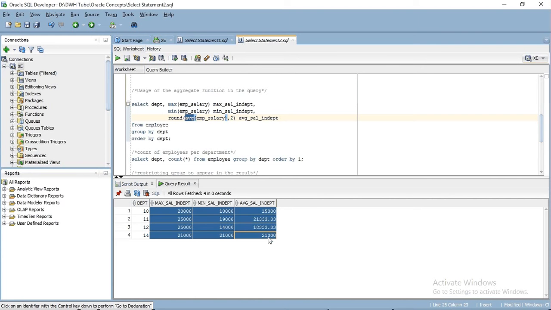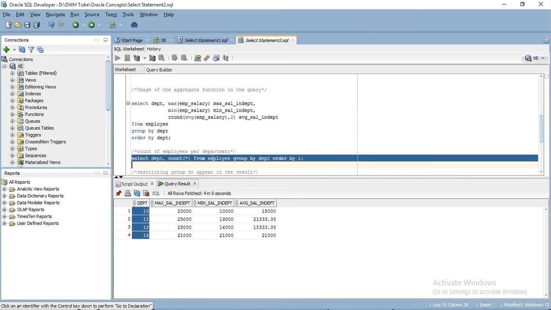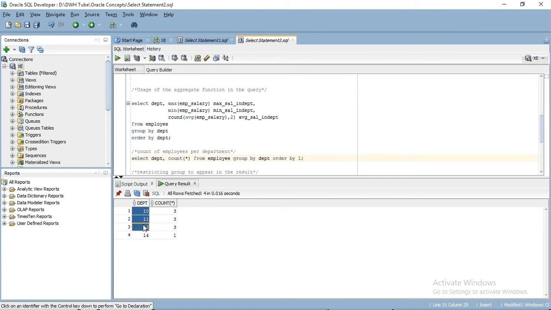Now I can also get the number of employees per department, and I can order them according to the first column. If you see, I have not used any column name there, I have used a number. So instead of a column name, you can use a digit indicating the column number in the result set. So you can also do that. If you see, it has sorted the result set according to the department, and moreover using the count star function it has given us the count of records per department. Okay,